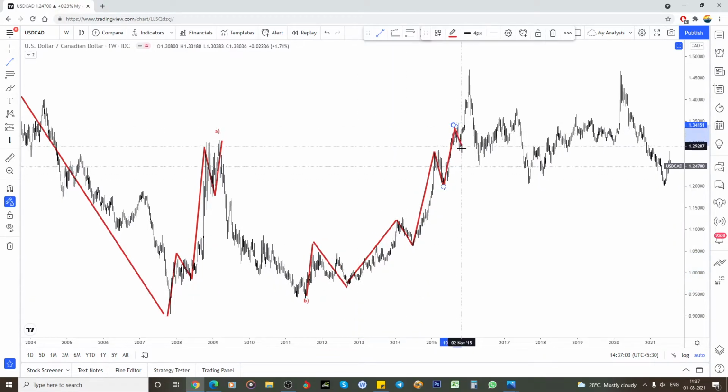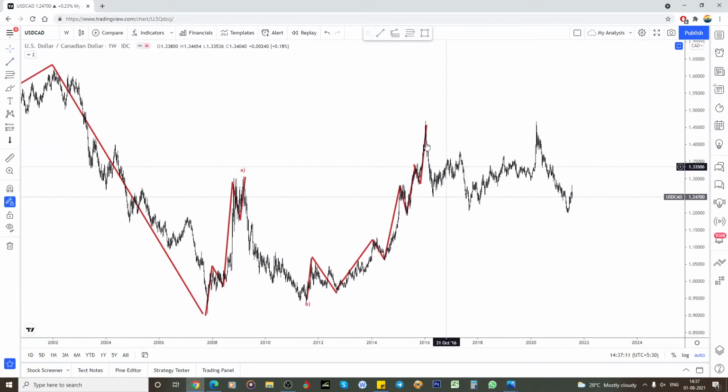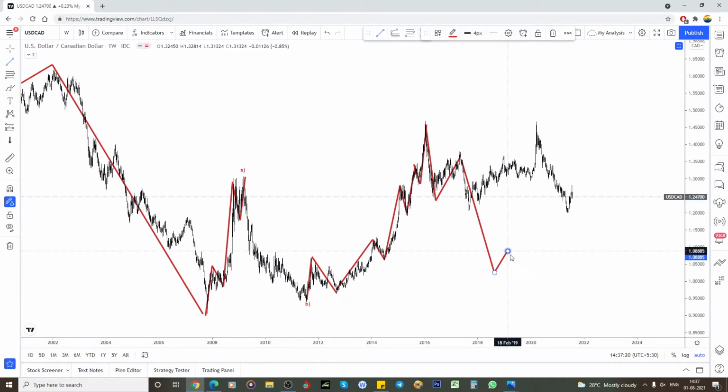This is the fourth wave, and again one more 5 is also completed. So A, B, and C is completed. I'm expecting the C wave to consist of 5-wave structures. It needs to be like this, and it should break this low, because this is a double zigzag. So the C wave has to be a 5-wave structure, but it didn't happen like that.